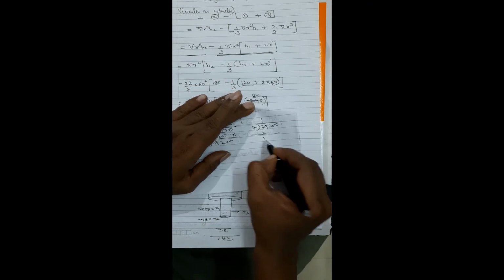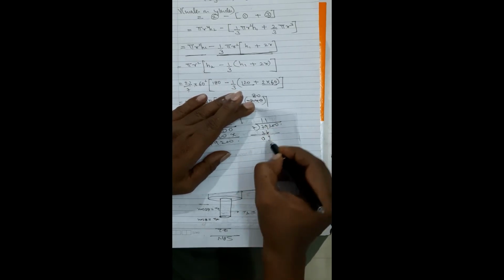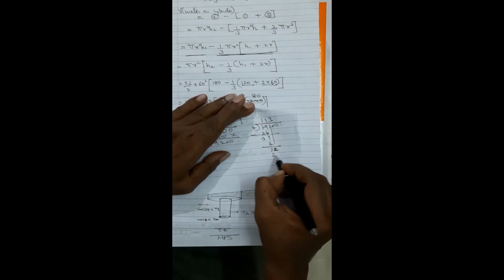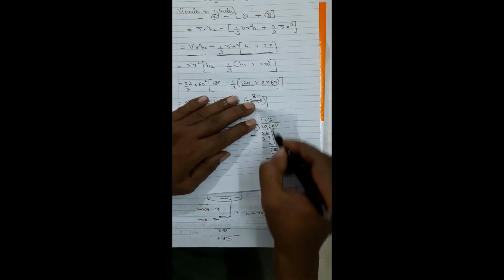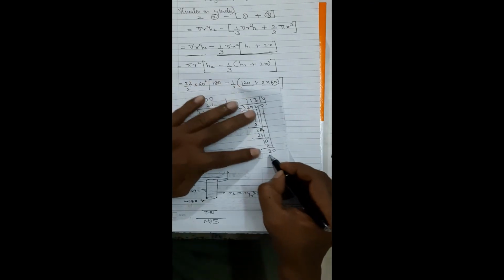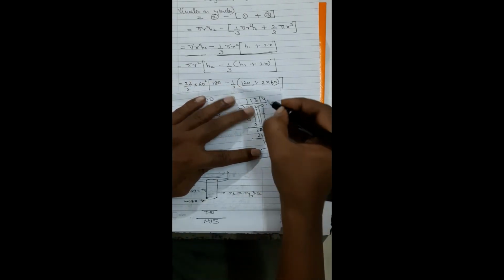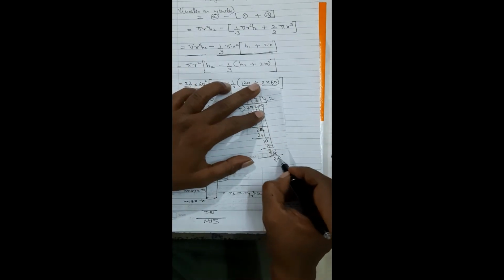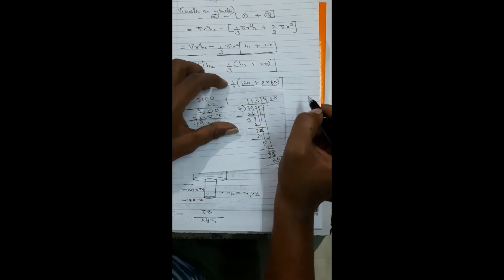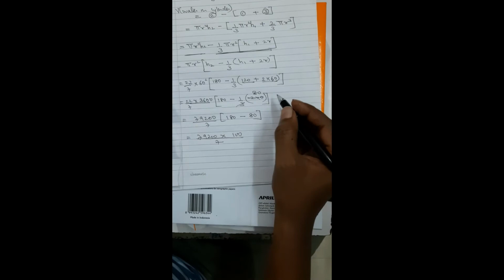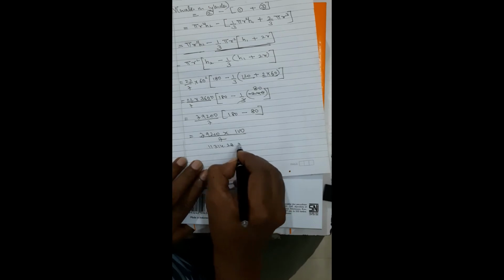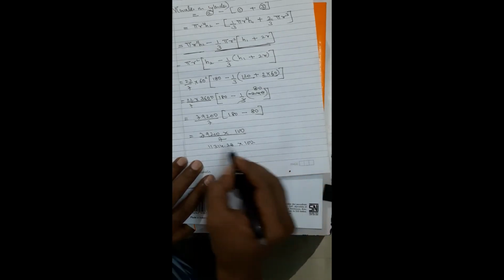7 ones are 7, 9 ones are 7, 2, 0, 2 2s, 2 will come down. 3s are 21, 1 stays, 0 comes down, 1 3, 0 comes down, 4s are 28, 2, 0 point, 2s are 14, 6, 0, 8s are. So this will give me 11314.28, into 100, but that will be again